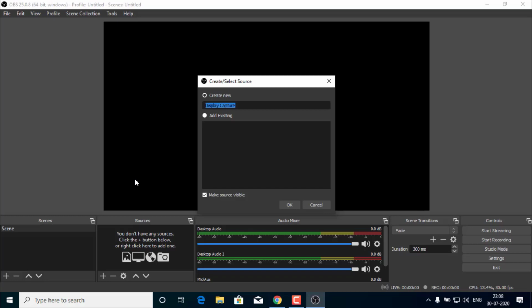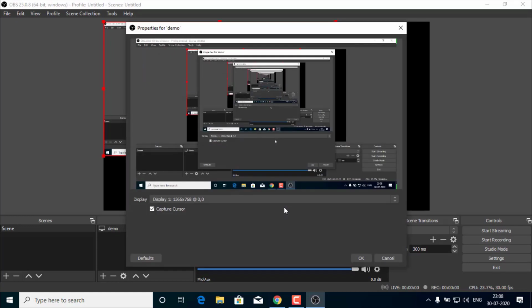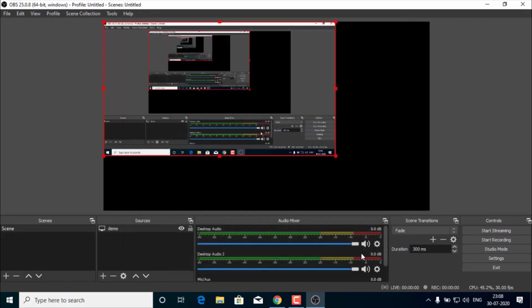You may name it any name. Now I give demo. Then click on OK. After the properties for demo, again you have to click on the OK button. You are going to record this portion of the screen.